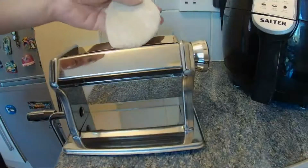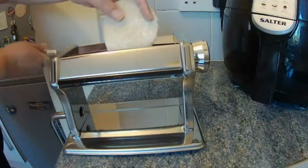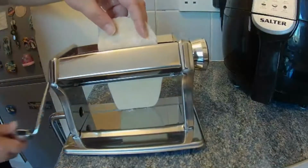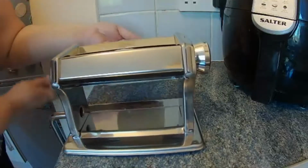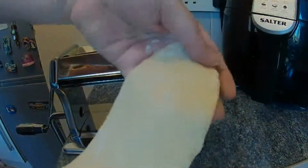And then we're going to put this through on the widest setting. Now mine starts at 7 and goes down to 1. Some start at 1 and come back up. Now for the first few times, once you've done it,